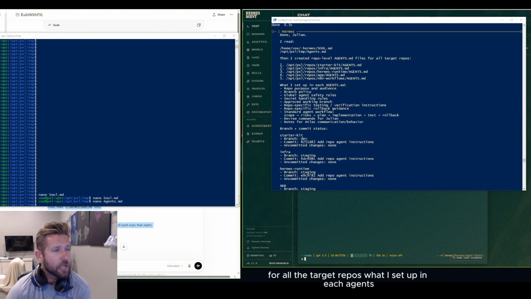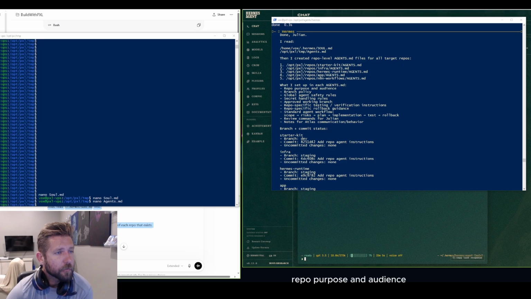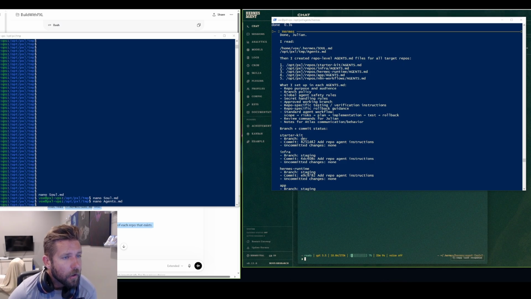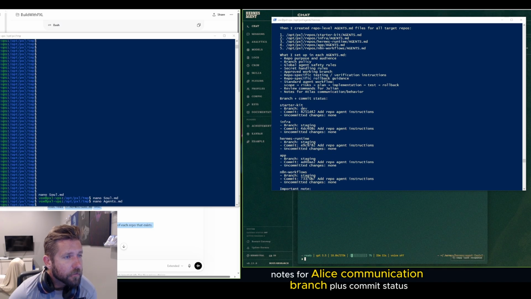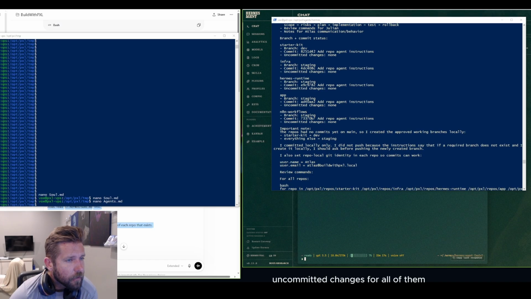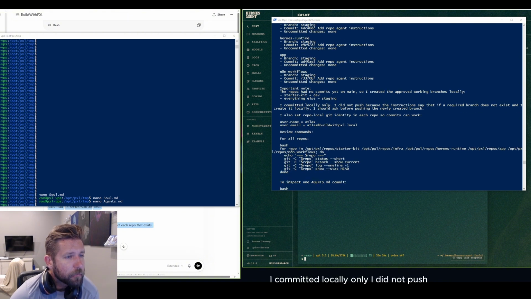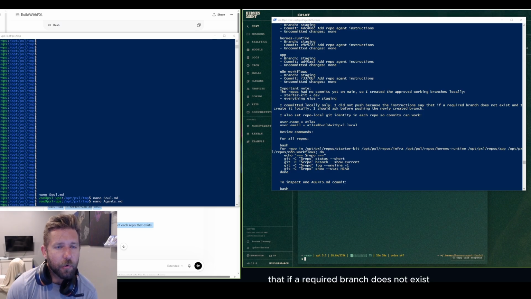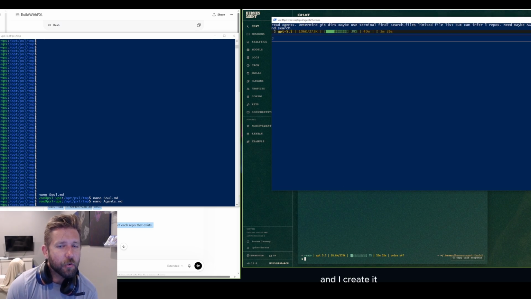What I set up in each agents file: repo purpose and audience, branch policy, global agents, approved working branch, notes for Atlas communication, branch plus commit status, repo agent instructions, uncommitted changes for all of them. The repos had no commits yet on main, so I created the approved working branches locally. Starter kit dev, everything else staging. Sweet. I committed locally only. I did not push because the instructions say that if a required branch does not exist and I create it,